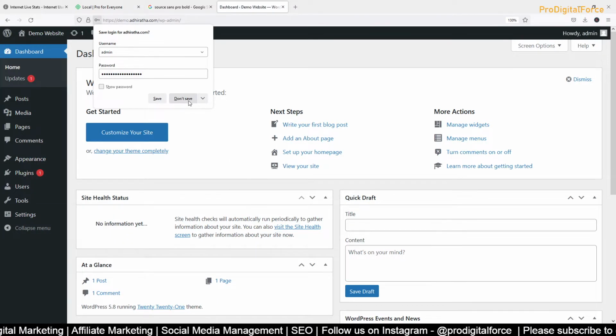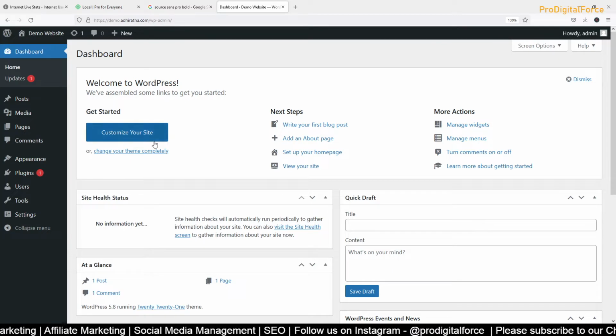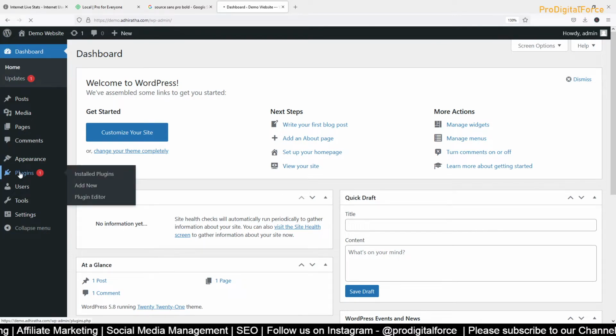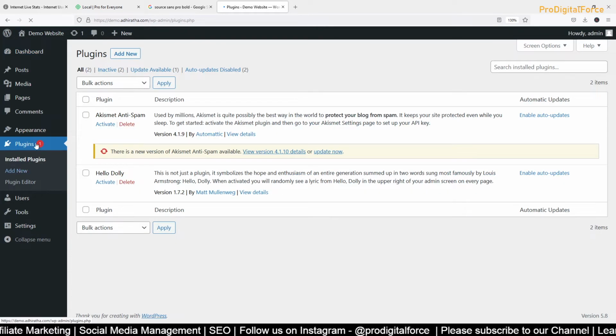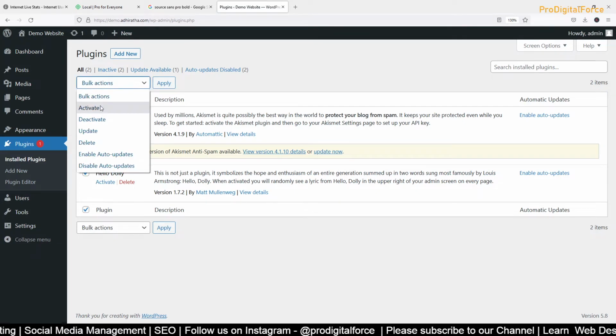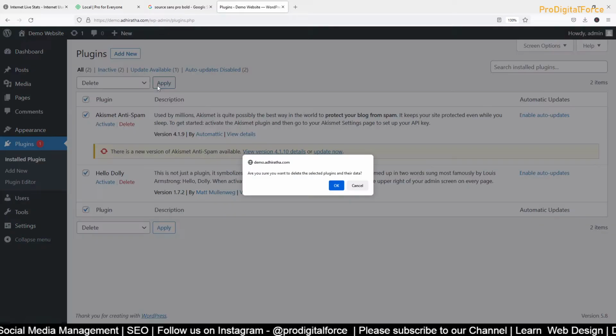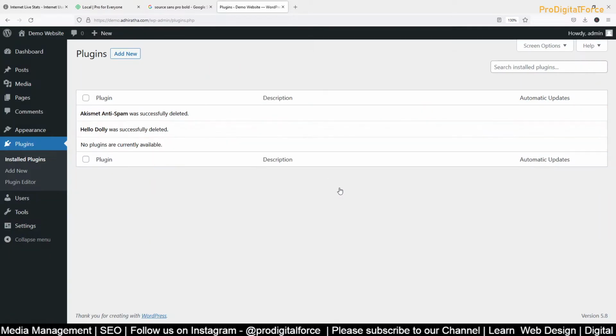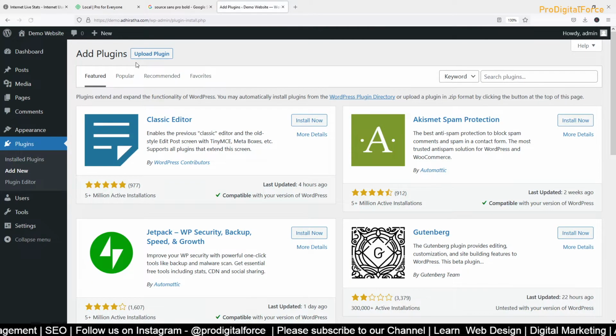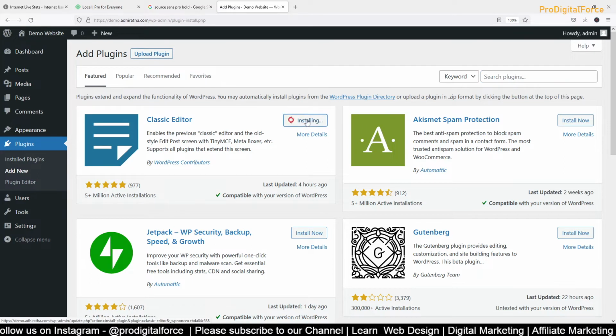So for this, again, we need certain plugins. What we use is, let us get to the plugins. I'll delete off which is not required for us here. Okay, first we'll use Classic Editor.